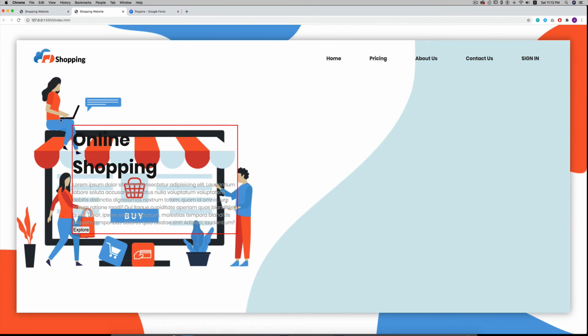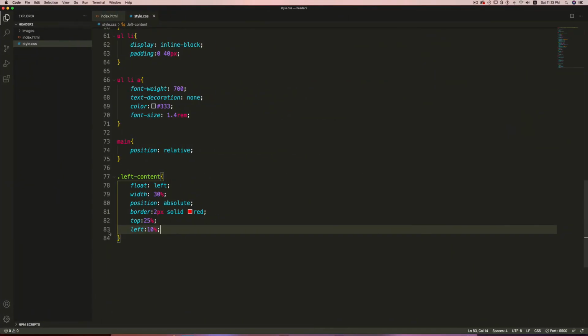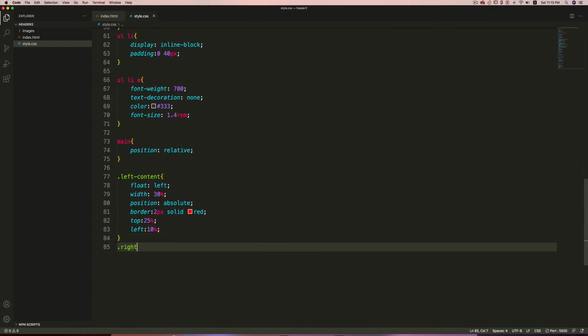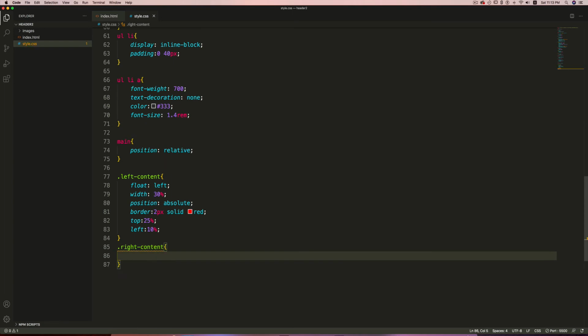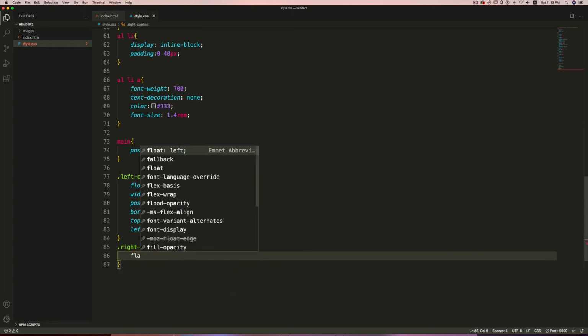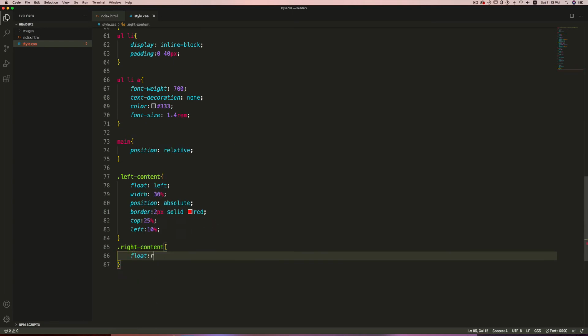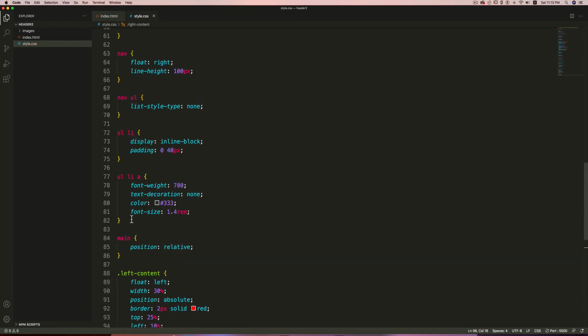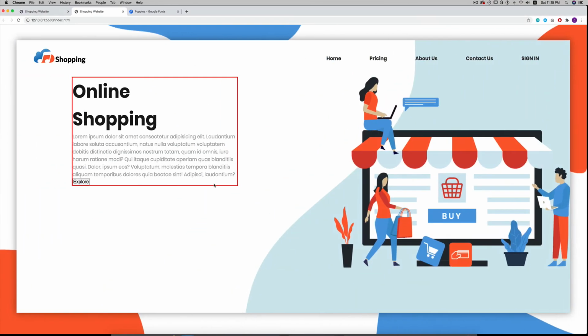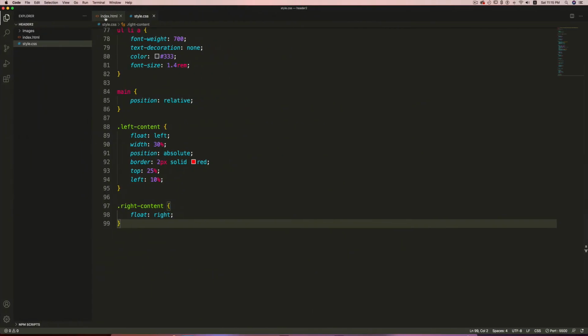Now let's move this image. So right content, I'll just float it to right. Let's save this. Now here the position of this left content is a little bit off because this main section collapsed.